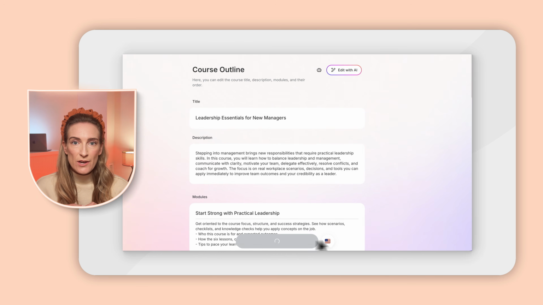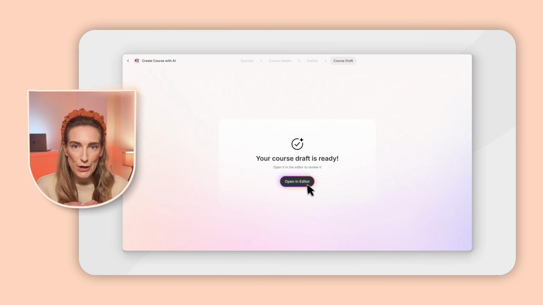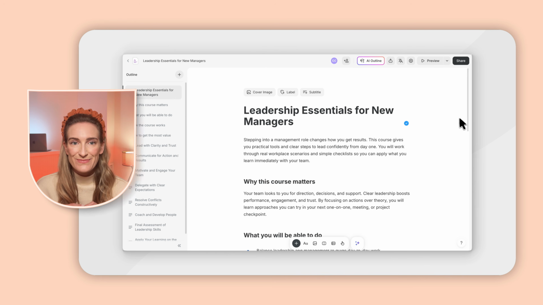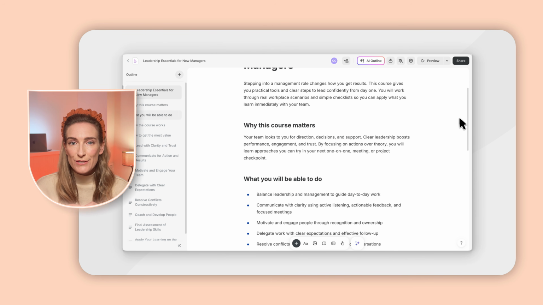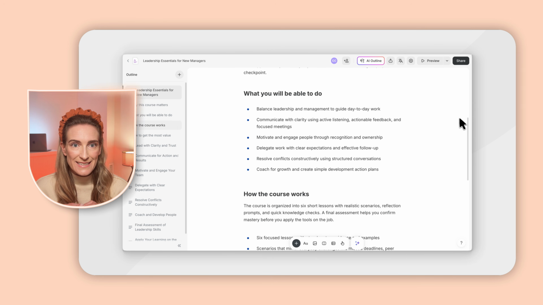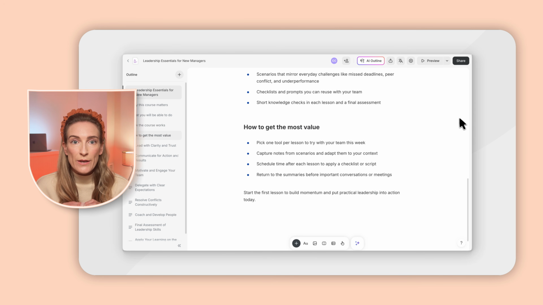From there, iSpring starts building the structure of your course. Once the outline was ready, I clicked Open in Editor, and this is where I could really see everything coming together. On the left side, there's an outline tab that lets you navigate through the different sections and lessons the AI has created. What I liked is that the AI gives you a strong starting point without locking you into